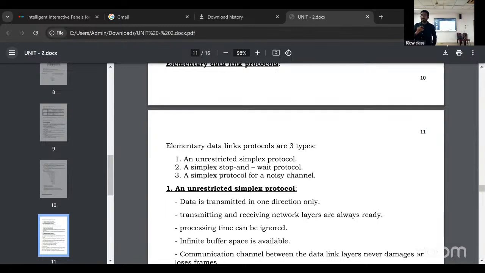The frames should be contained in a window. So here, see, the frames are contained in a window, and as frames are transmitted, the window should move forward. Okay, 6 is successfully transmitted, 7 is successfully transmitted, 1 is successfully transmitted, 2 is successfully transmitted.